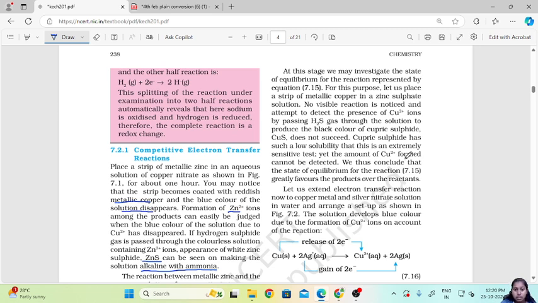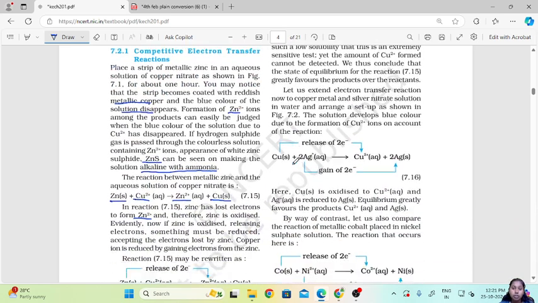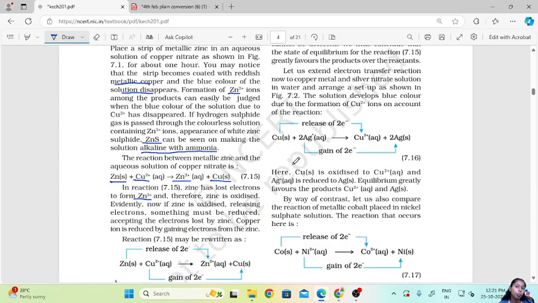We thus conclude that the state of equilibrium for the reaction greatly favors the products over the reactants. So let us extend the electron transfer reaction now to copper metal and silver nitrate solution in water,